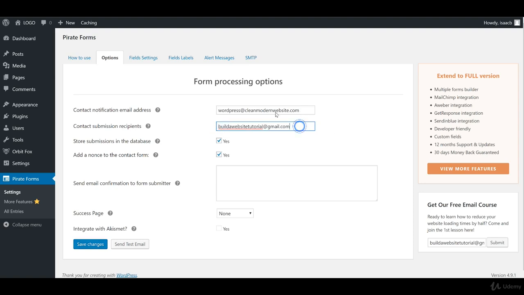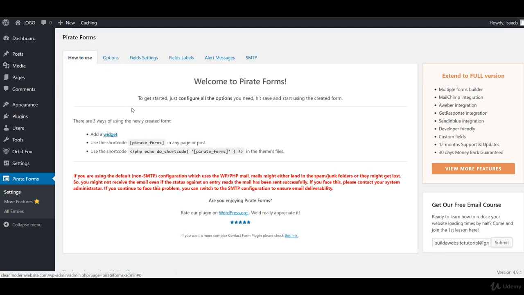But something I would recommend is changing this default one that they make here, so that for the contact, you get a notification to that email as well, whatever email you specify, and then just simply hit save changes. All good. So with all that done, next we want to go to this section, how to use,